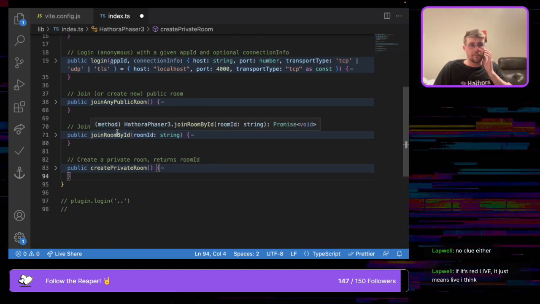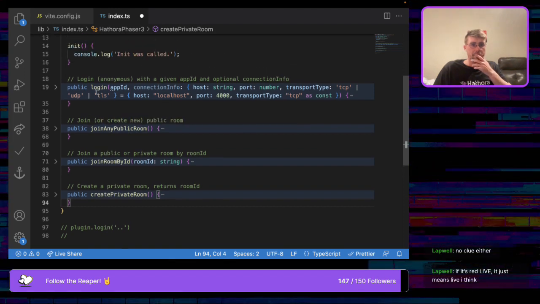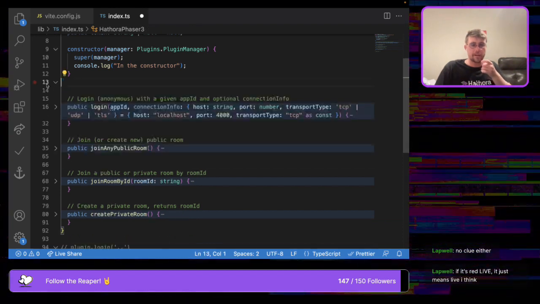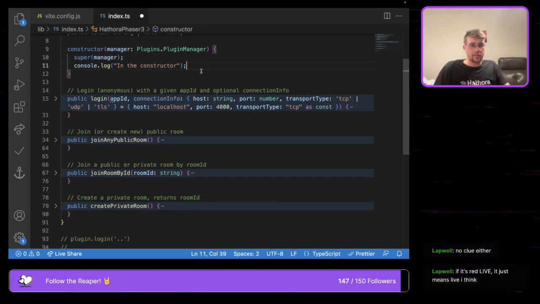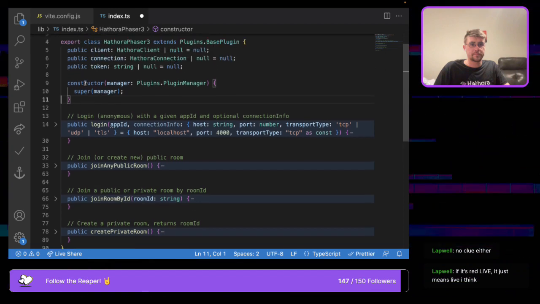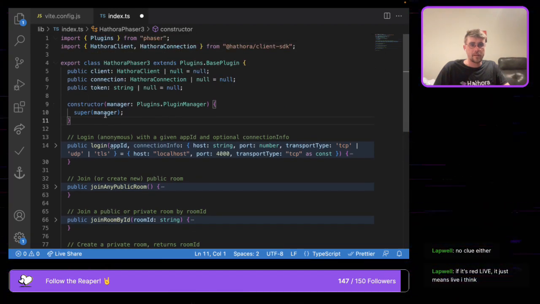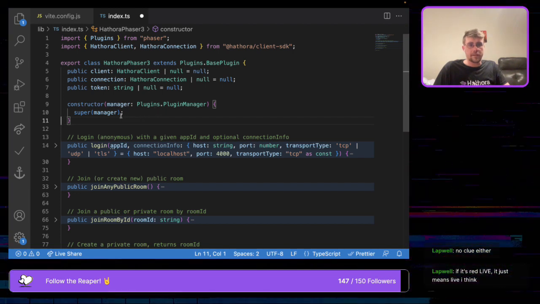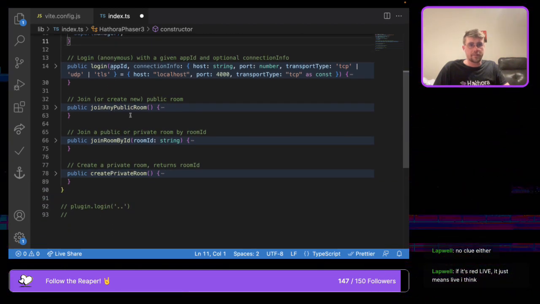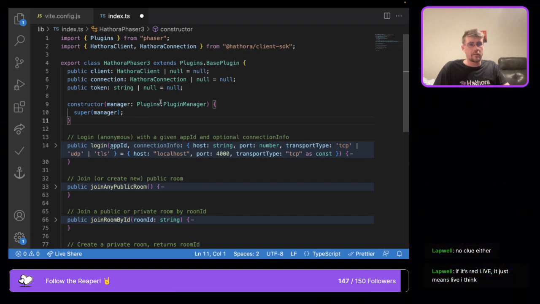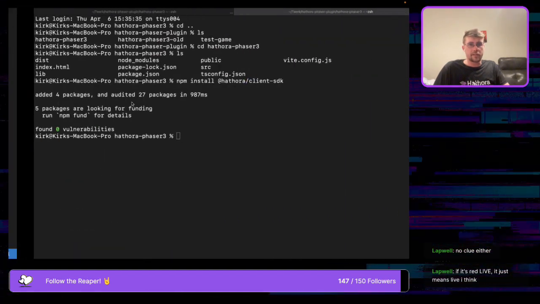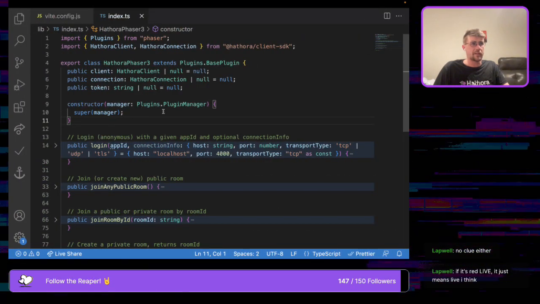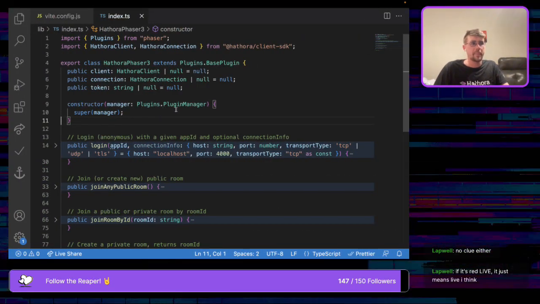Create private room, join by room ID, join any public room, log in, and init, which doesn't really need to be there, I guess. Neither does that really. Okay, so this is getting cool. We've got a fair amount of functionality in our little plugin already. So now I do think it's truly time to test it out, which is what I was kind of starting to do, and then I guess I got distracted and kept working on the plugin. I don't know. Anyway,